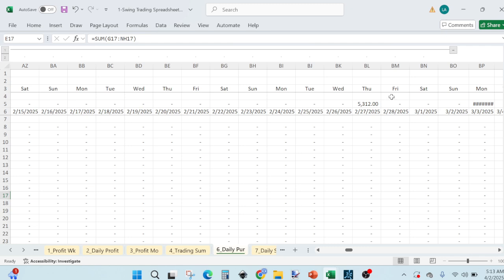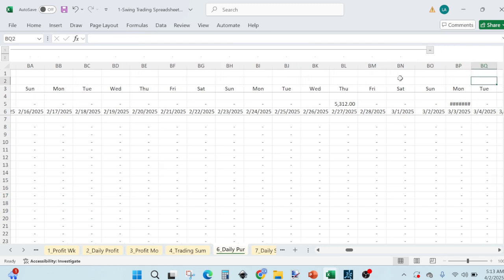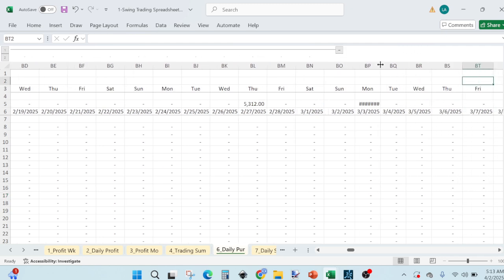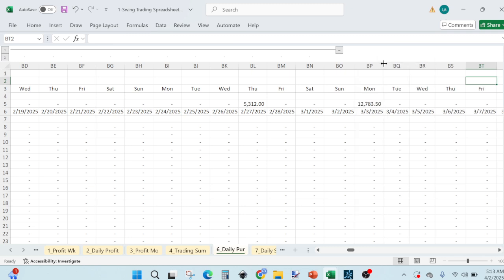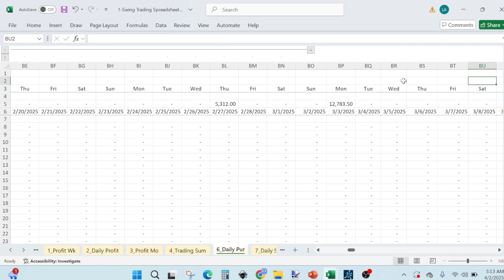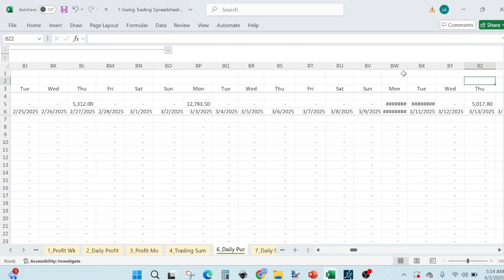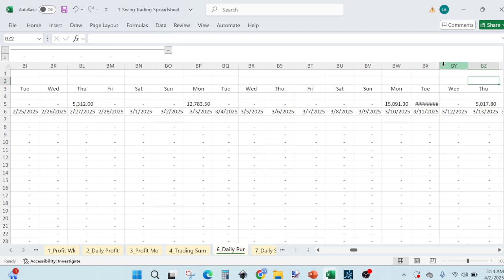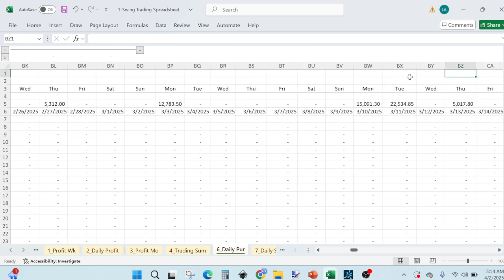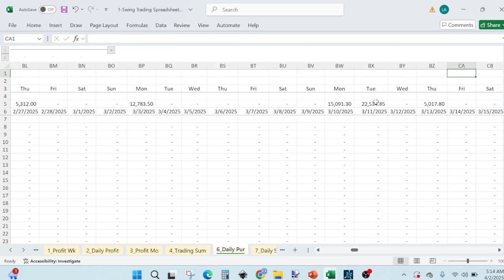So daily purchases, you can see that we didn't purchase stocks on a daily basis either, which makes this long option and swing trading strategy a little easier for people that have a full-time job, because you do not trade on a daily basis, even when you are swing trading. But you can see that there are some days we didn't purchase anything, and there are some days that we purchase a lot,